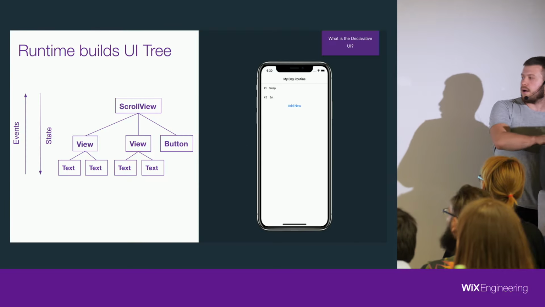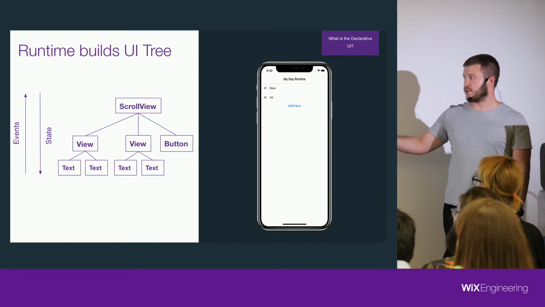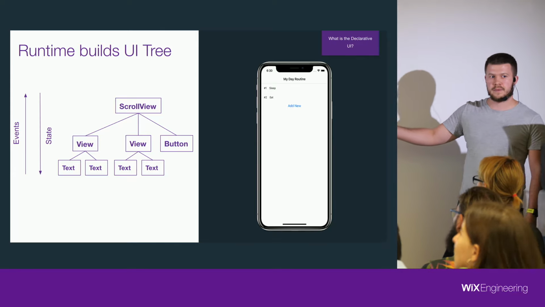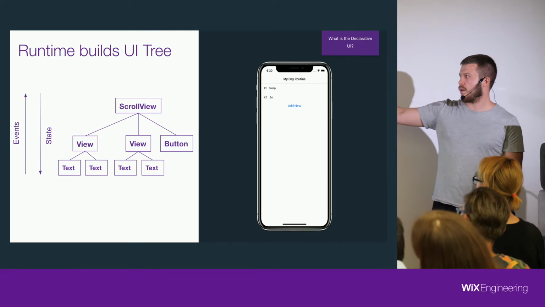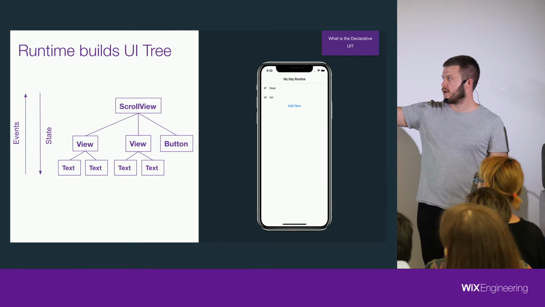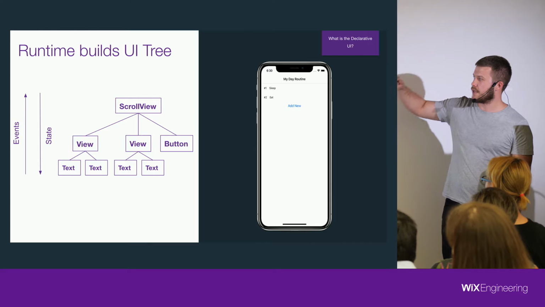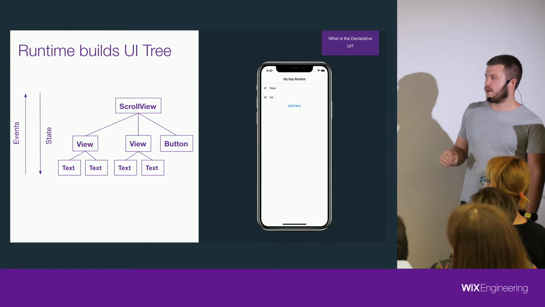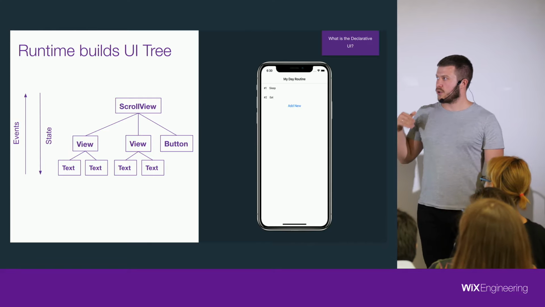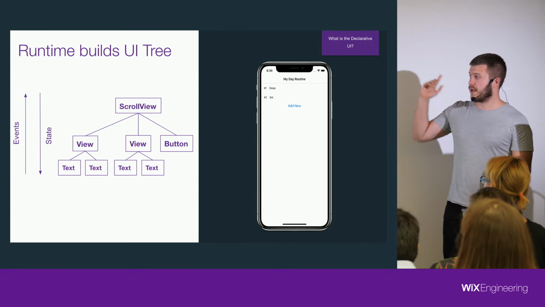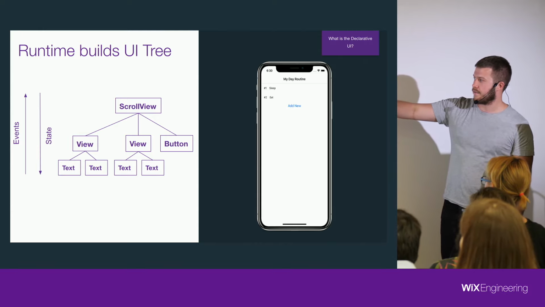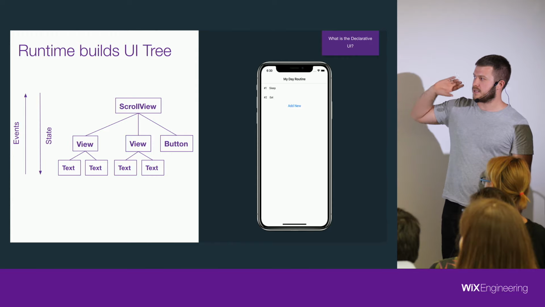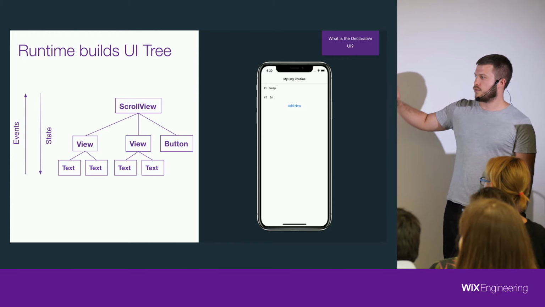So here I try to show you on a very simple example. We have some very simple to-do list where we have 2 items, 1 button. So the tree will be like you see on the left corner. So on the top is a scroll view. Then we go to container of items. And then we go to